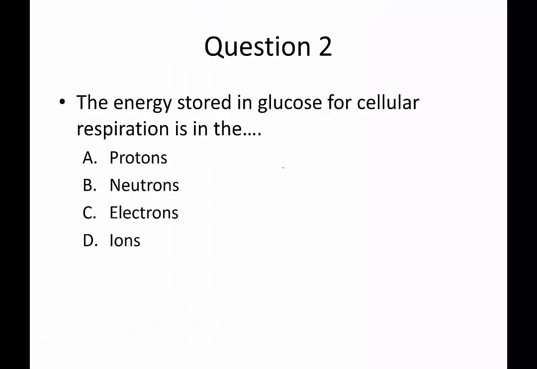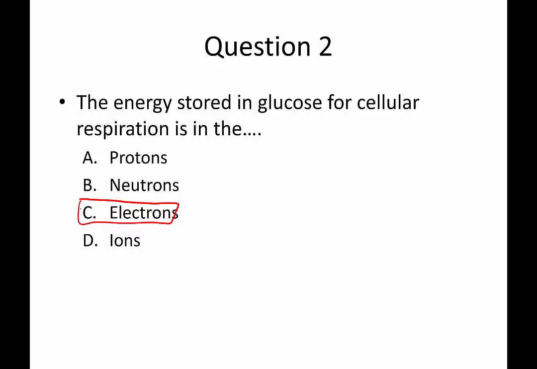So here's another little bit of a review question. This is question 2 for Blackboard. The energy stored in glucose for cellular respiration is in the protons, neutrons, electrons, or ions? So remember that glucose stores its energy in the electrons. Those electron carriers, that NADH that we saw, now have a lot of energy now that they've picked up some electrons from glucose. So the correct answer here is C. Glucose stores its energy in electrons. So don't forget that. That's going to be very important information as we're going to see in oxidative phosphorylation